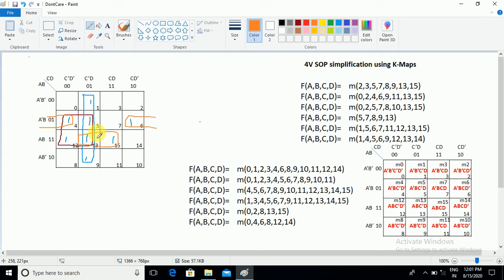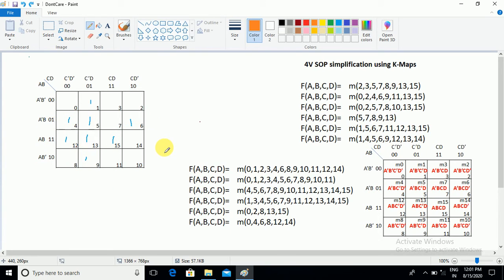But the thing is that in this maroon color group, how many cells are there? 4 cells are there. Apart from that, 3 are overlapped and one is left without overlap. Now it is a prime implicant. We can take it into the answer. Now here also in blue color, 2 are overlapped, 2 are left without overlap. So we can take it into the answer. And this one also is one answer, and this one also is one kind of reduction, and we can consider it in the answer. Okay. Now let us take another problem.